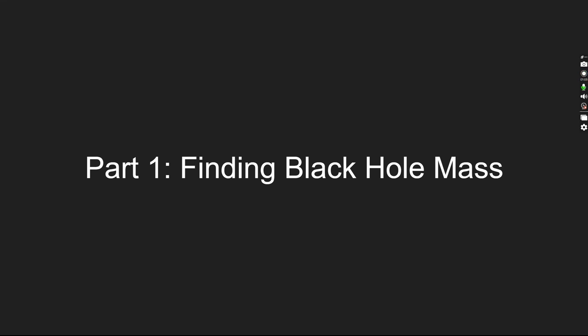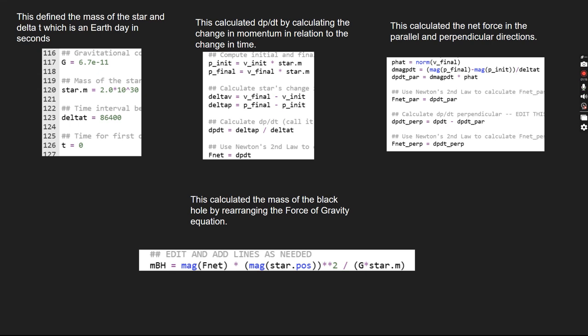Part 1 of the lab: the main objective is to calculate the mass of the black hole. In this case, the system consisted of the black hole and this star. For my code, the first part defines the mass of the star and delta T, which is in Earth